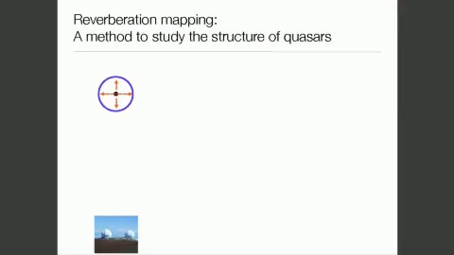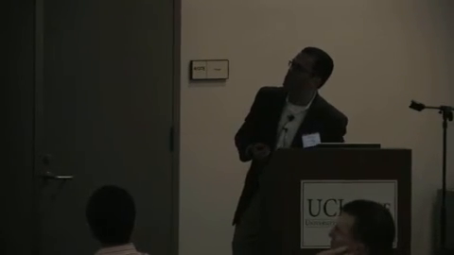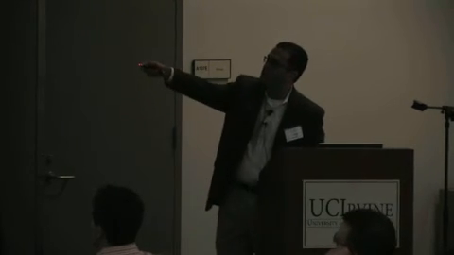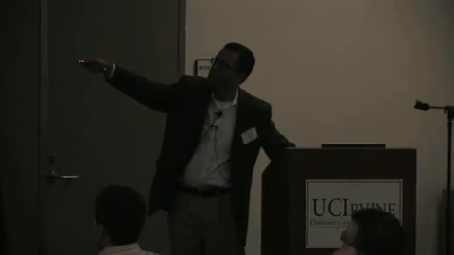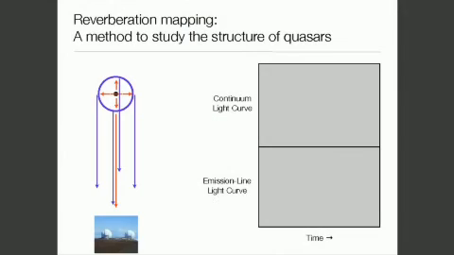And we can actually measure that because what we see when we observe this object is the light that comes to us from that object. And what we see is that if the brightness of that central source changed in time, that signal would have to propagate outward to this shell, and then at some later time, we would see the brightness of the light from that shell also change in response to the earlier change in the brightness of that central source. So if we measured the brightness over time of the continuum light from that central engine, and if we measured the brightness over time of the spectral lines coming from the clouds of gas surrounding the black hole, we might see something schematically like this.